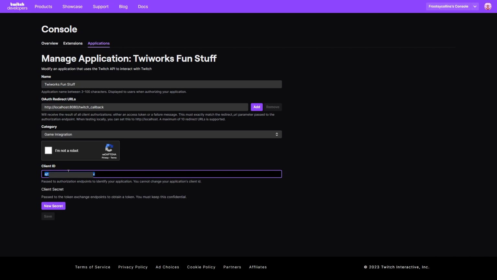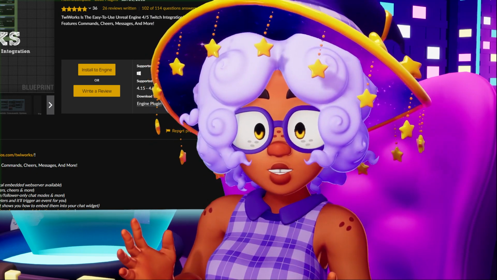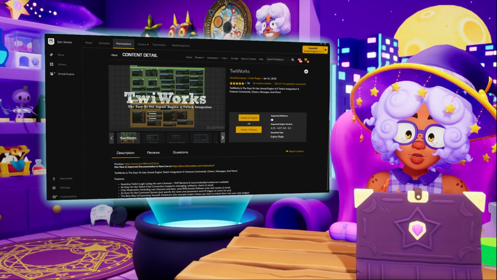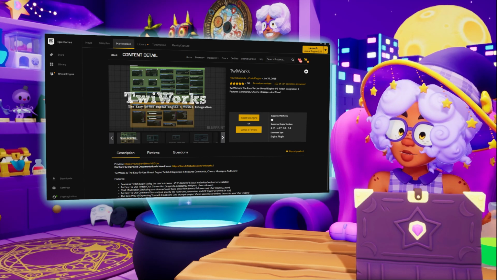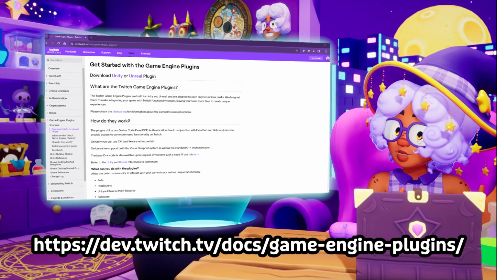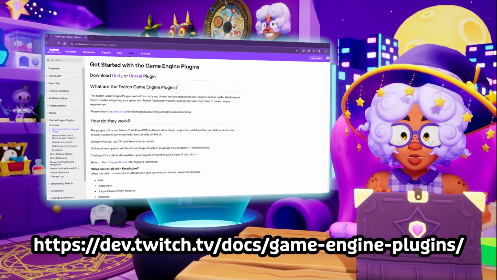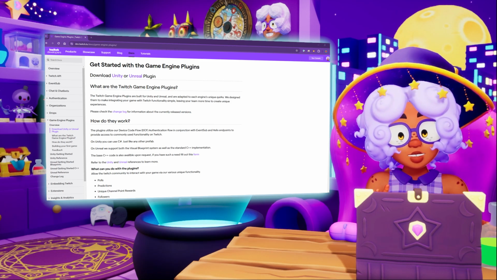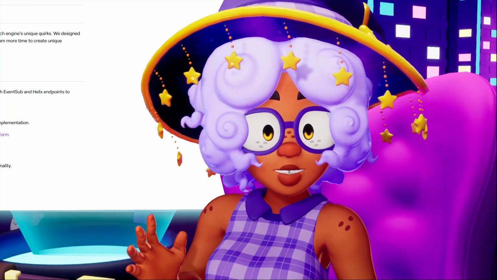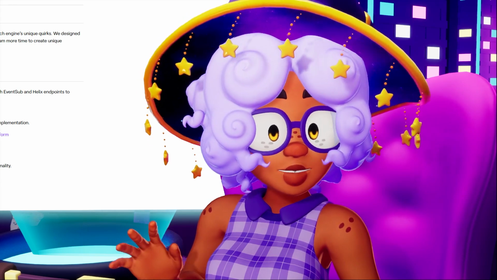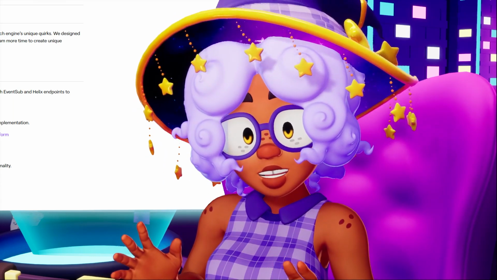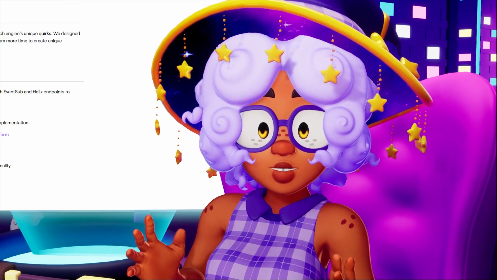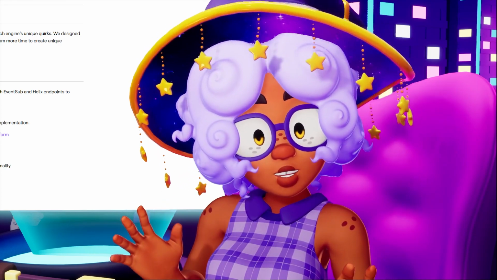You're going to need that for later, and this is going to be different for you than what's on my screen. For Unreal Engine to communicate with Twitch, you're going to need the plugin Twyworks. You can get it off the Unreal Marketplace for about 25 bucks. Twitch also has its own official API here that you might want to check out, but I've had problems with it responding correctly to redeems, so we're going to stick with Twyworks for this tutorial. The plugins use different functions for connecting to Twitch, but the rest of what we're doing will be about the same with either. So explore Twitch's version if you'd like to try saving money, or check out what features it has if you can get that working.